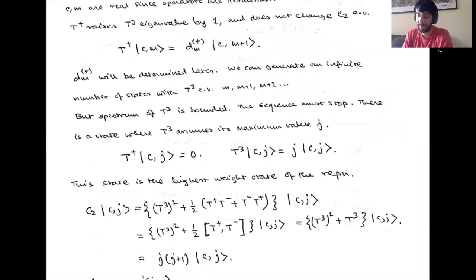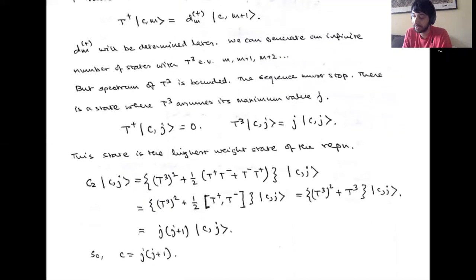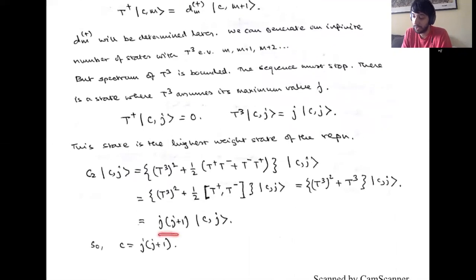So if we act with C2 and then we do the algebra, this is again straightforward for you to check. You can just do this and see that this is going to be j into j plus 1 times cj. Okay, so C2 is going to be j into j plus 1. So what you do is you write this thing down, and